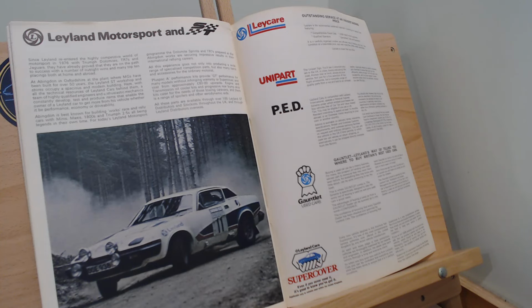Rover, particularly like the SD ones, I do love the design, but you take one for a test drive and you realise the build quality isn't really there. So I'm tempted also by an Allegro. I don't know why. I've always liked the Allegro, but the car I finally choose is